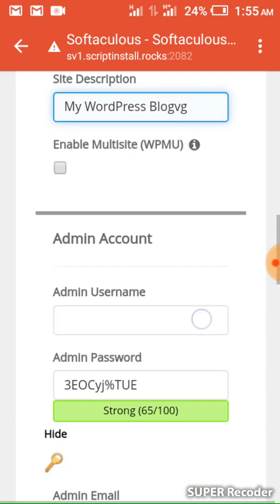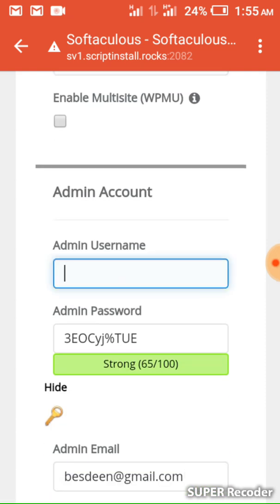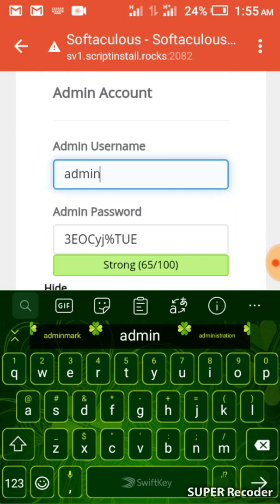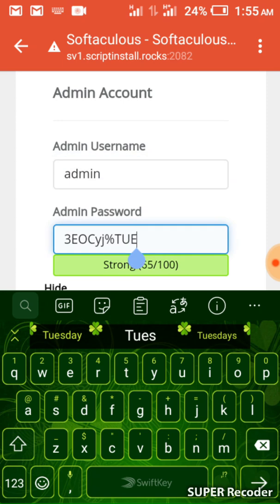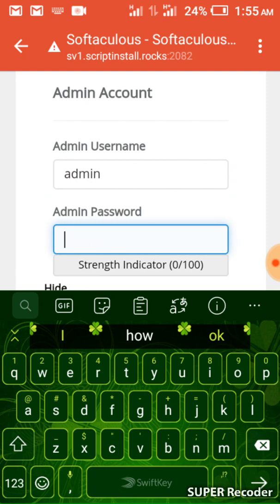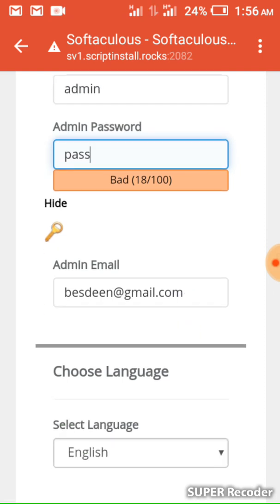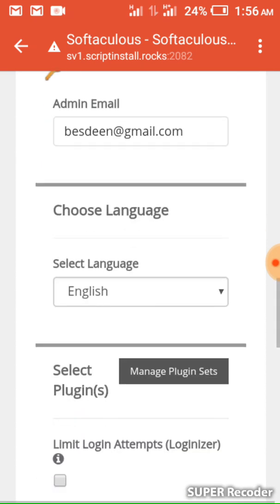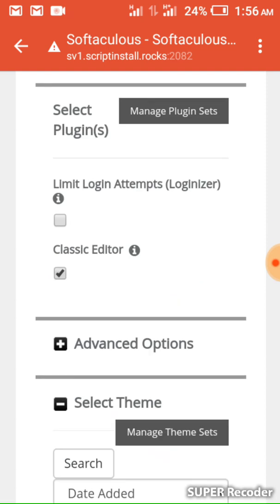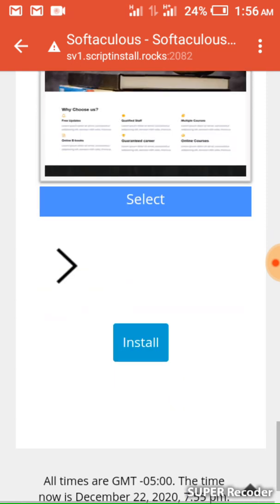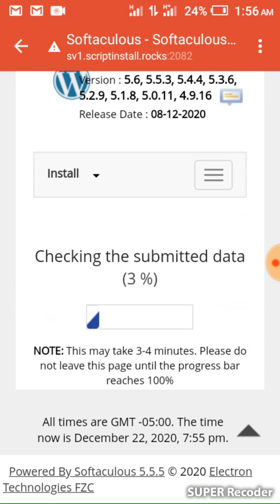So the admin, that is the admin name. You have to use this admin that you are going to use to log into the WordPress site. Okay, so admin pass. So this is it. Admin email is not gmail.com. That was my email. So now I have to click. I'll go down. You see install there. I'll click it. Now I'm installing WordPress on my website now, which is